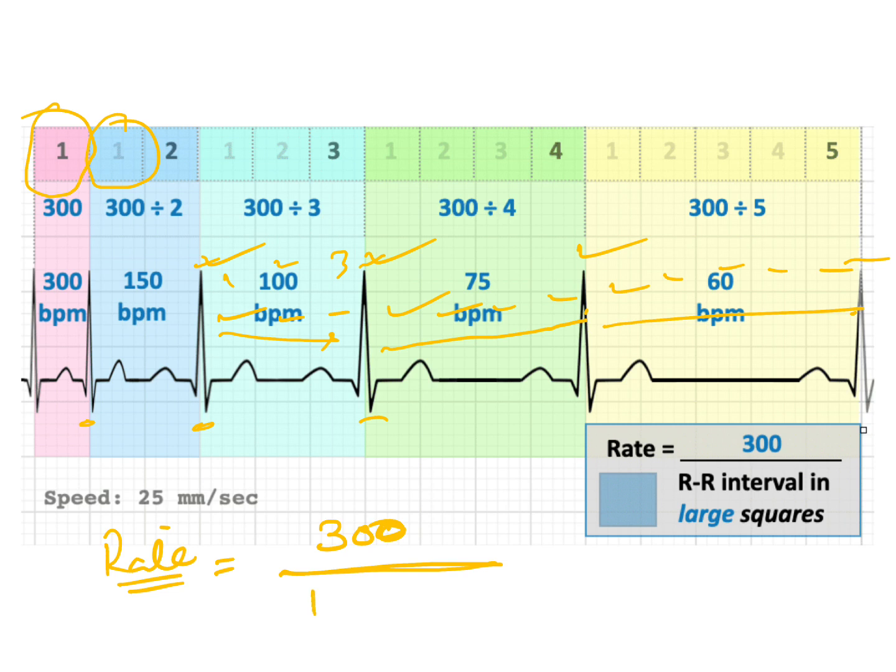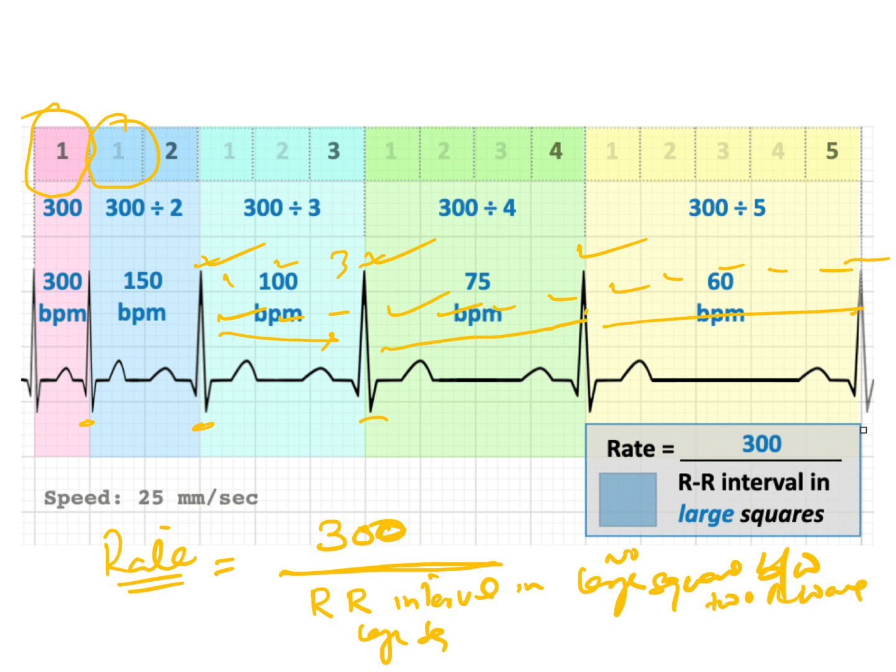So we will say R interval, in large scale, or we can say the number of large scale between 2 R waves in ECG. If we have to calculate rate and if we are using large scale, we have to divide 300 by the number of large boxes between the two R waves. Okay,